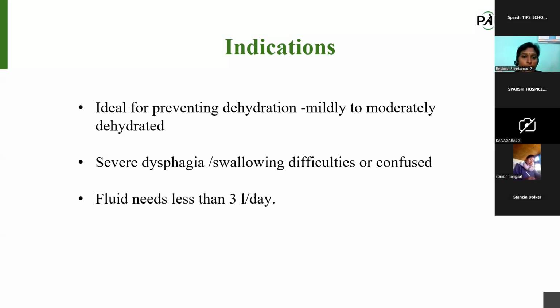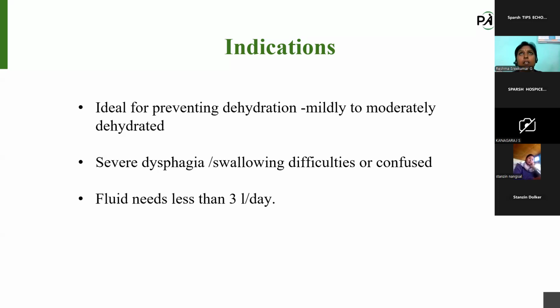Another important point is if the fluid need is less than 3 liters per day, then only we can choose subcutaneous infusion, because we can only give a smaller volume in subcutaneous infusion. These are the common indications